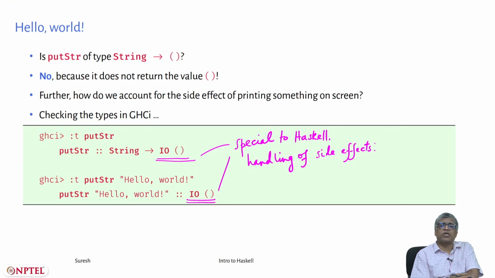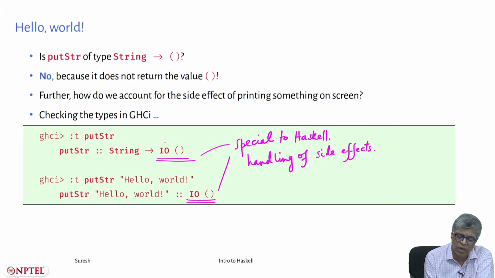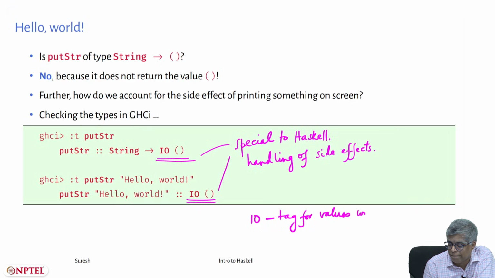Any user interaction is also a side effect because the program talks to the user, reads some input provided by the user, writes something on screen for the user to read, etc. These are all side effects, and Haskell carefully demarcates those programs that have side effects from those programs that do not have side effects by tagging all side-effectful programs with IO. Okay, you can think of IO as a tag for values, functions with side effect.